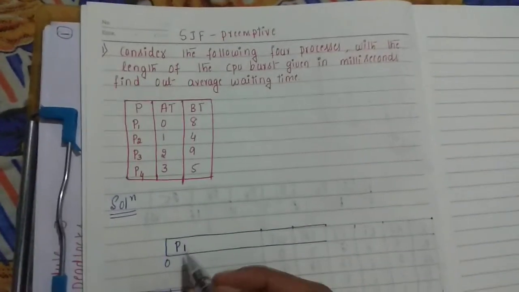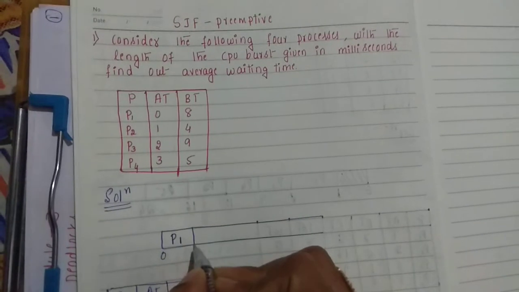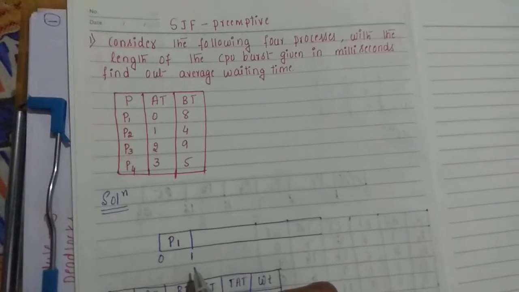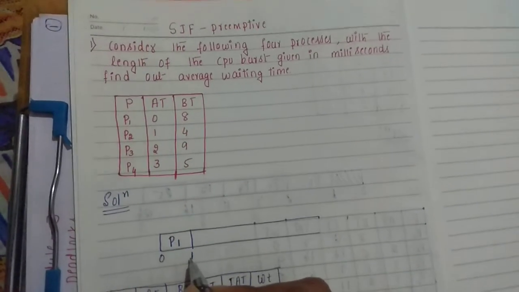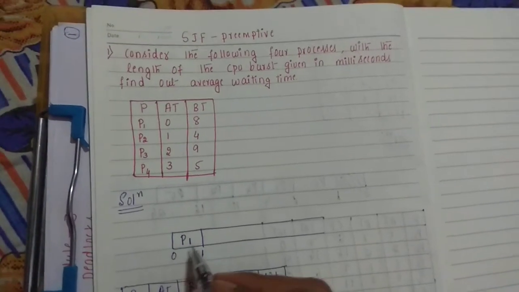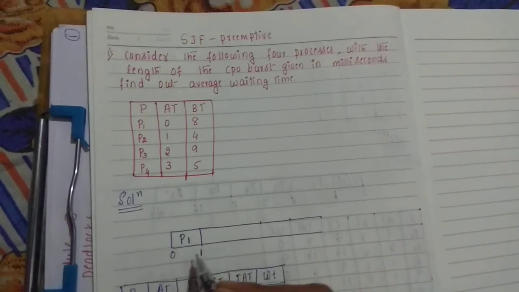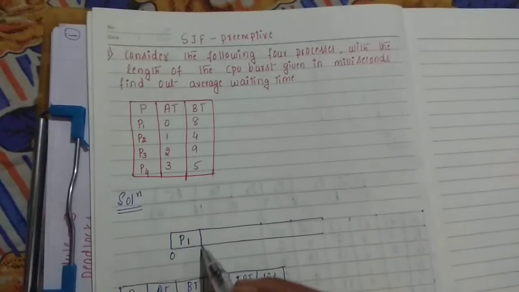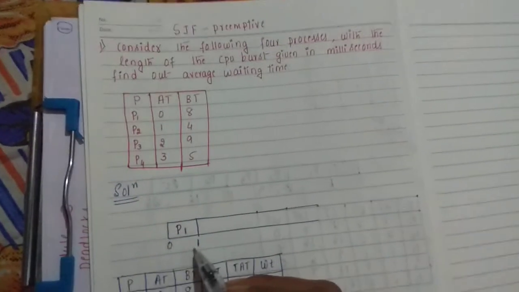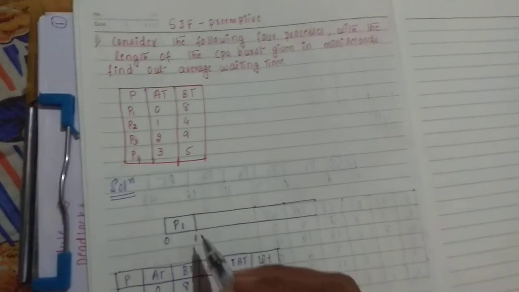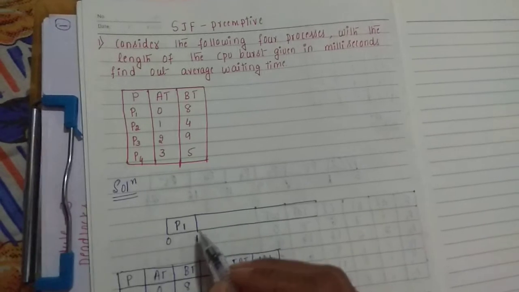Since it is preemptive scheduling, after 1 millisecond you need to halt the execution. But this was not followed in non-preemptive scheduling. In non-preemptive scheduling, when the process enters execution, I execute that process P1 throughout its completion, up to the 8 millisecond burst cycle. But now in preemptive, for each and every millisecond you need to preempt it and check for the next arrival of a process.